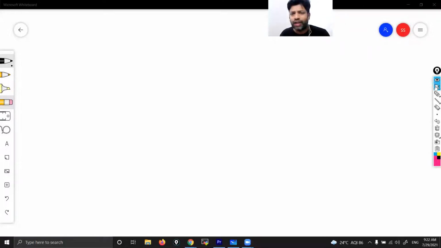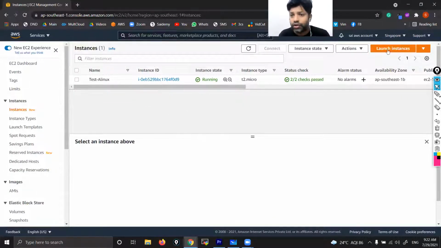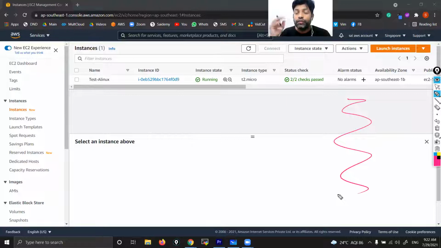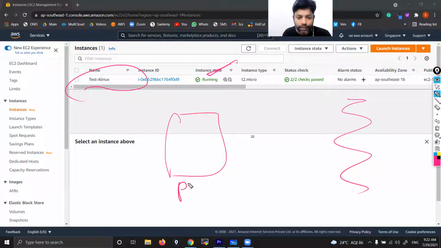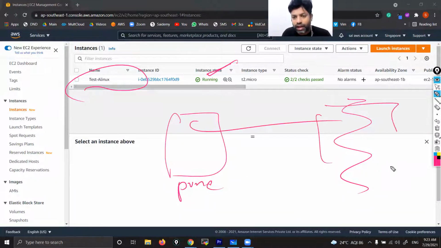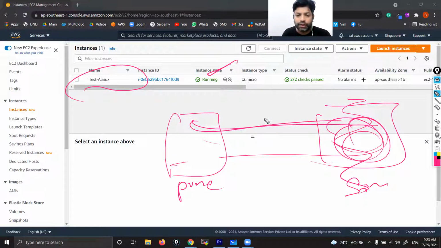Let me tell you. Today we launched one Linux instance, where we launched it in Singapore. That means in the Singapore location, they have their physical infrastructure: physical servers, physical cables, physical storage, everything. So when I launched that one in Singapore, the server got launched physically in Singapore. Right now in the Singapore region, that server is running, and we are accessing it from Pune. Right now I'm in Pune. My request is going to Singapore, loading the page, and the response is coming back. That means physically it is running in Singapore.